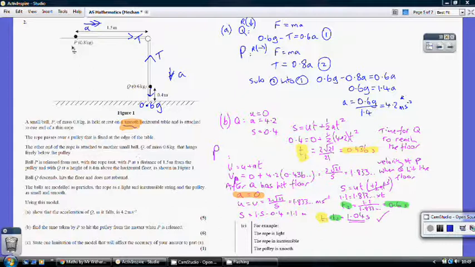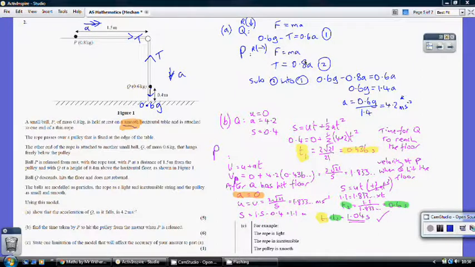Now let's move on to P. Now we're going to resolve again in the direction of motion, which is left to right. So any forces going straight up or down are not relevant. We don't need to worry about the weight or the normal reaction or anything. Those are perpendicular to the direction we're going in. So the only force in town here, given that there is no friction, is the tension. So again, using F equals ma, our only force is the tension, and that equals 0.8 times the unknown acceleration